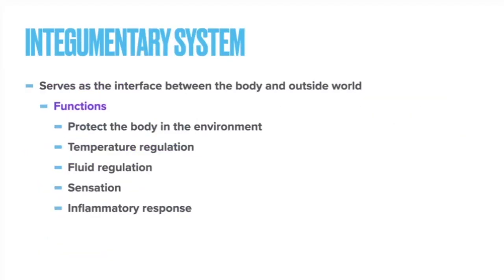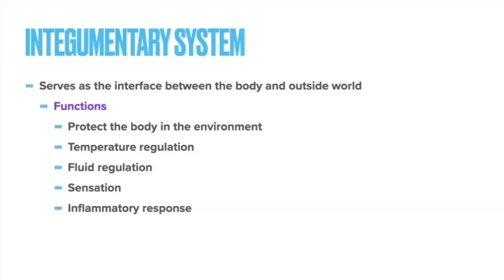The integumentary system is the largest system of the human body. It serves as the interface between the body and the outside world. It consists of skin and accessory structures such as hair, nails, glands. It has a crucial role in maintaining constancy of the internal environment, and does so by performing the following functions: protecting the body and the environment, temperature regulation, whether constricting or dilating, fluid regulation, preventing us from losing too much fluid,